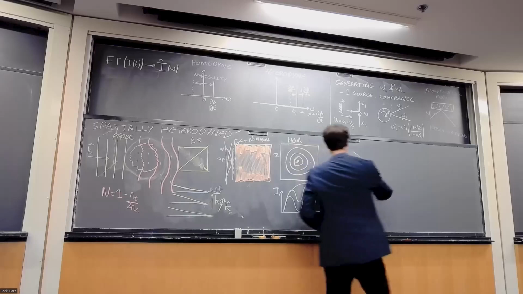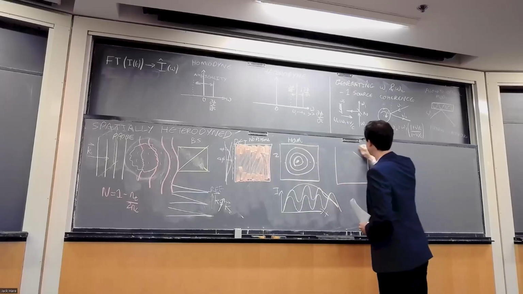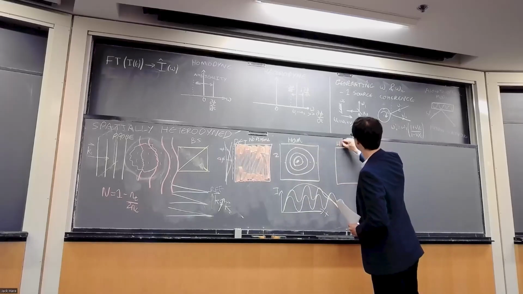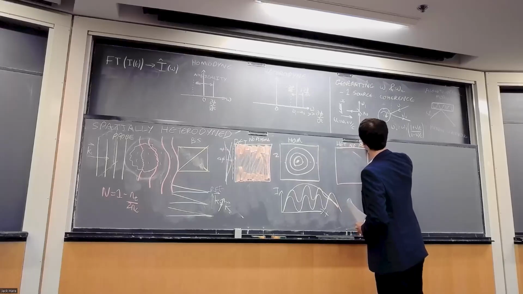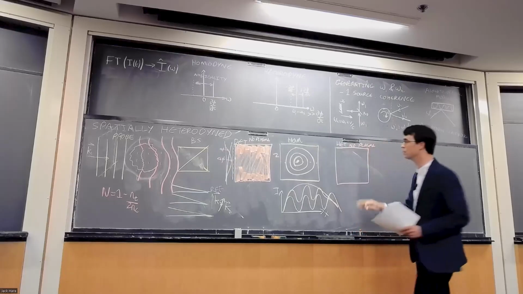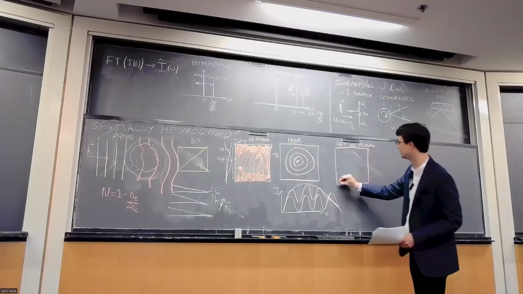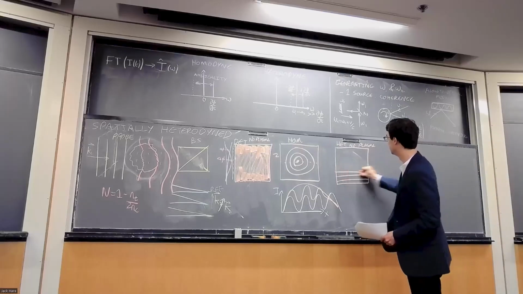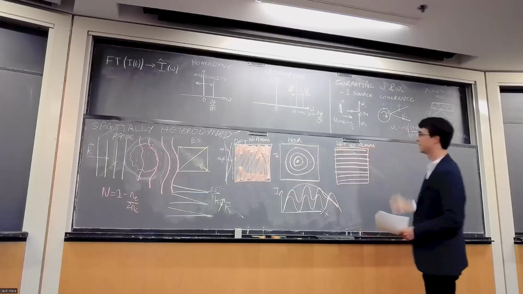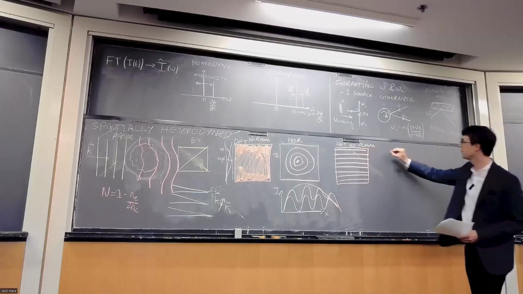So in the absence of any plasma, so this is now het, no plasma, we will still have interference fringes because we've tilted one phase front with respect to the other. And we'll just have straight interference fringes like this. But when we put the plasma in,